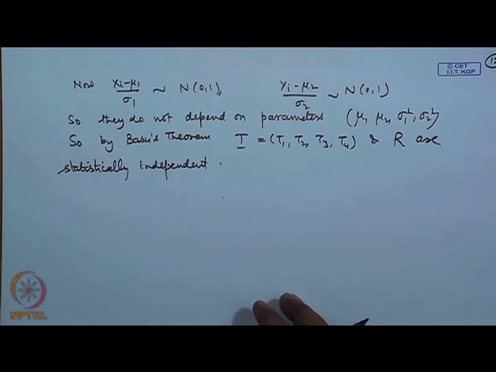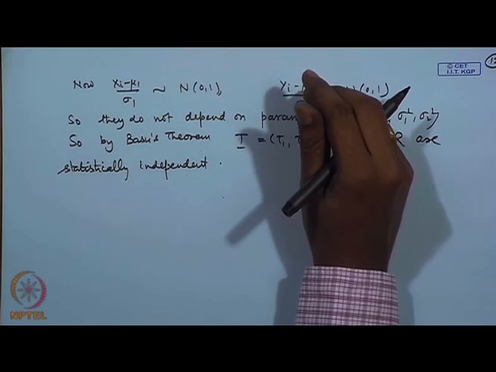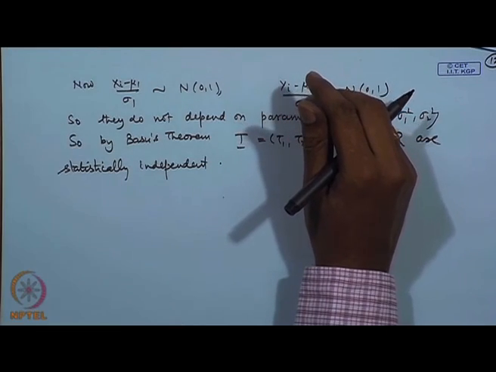So, this Basu's theorem is a very useful result, and I have given applications to the normal distributions, but it also has applications in exponential populations, inverse Gaussian populations. There are various distributions where this Basu's theorem is extremely useful. Let me give an example which is different from these normal populations.